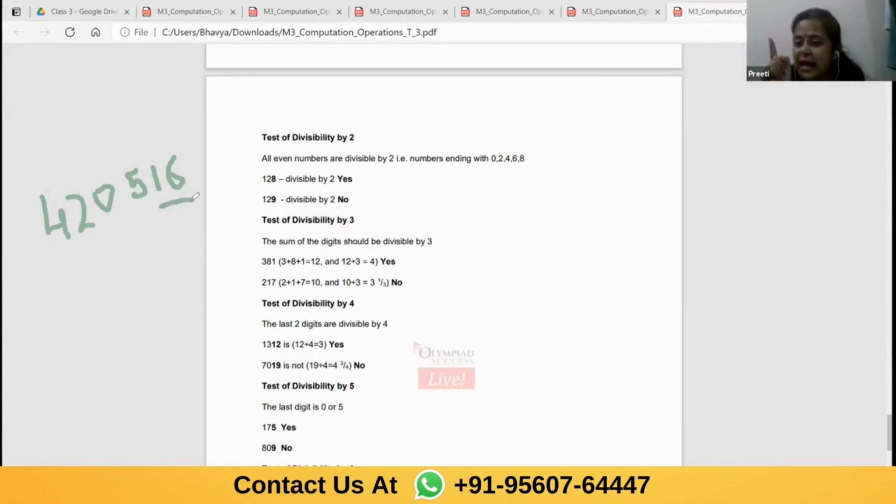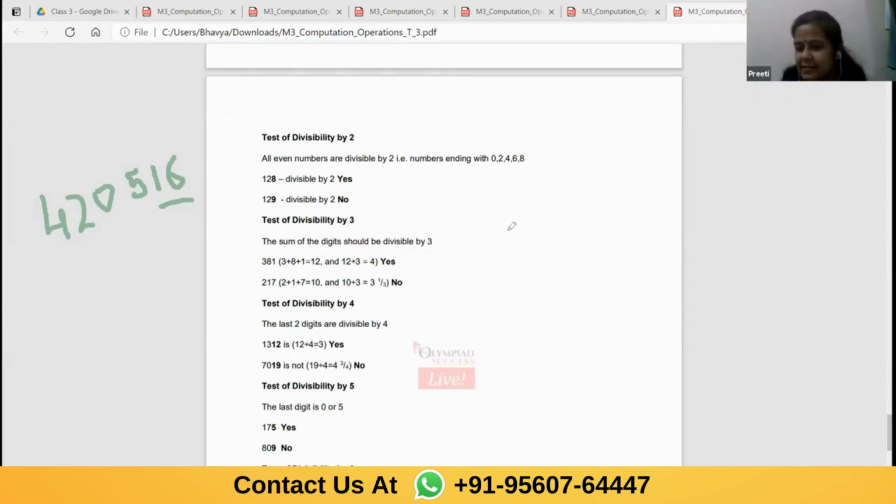Correct. The rule is, Alarika, that underline the last 2 digits of the number, which are at the tens and ones place. Now look, the number is 16. Is 16 divisible by 4? Yes. So this number is also divisible by 4. Divide and check; the remainder will be 0. 4 times 4 is 16. Correct.